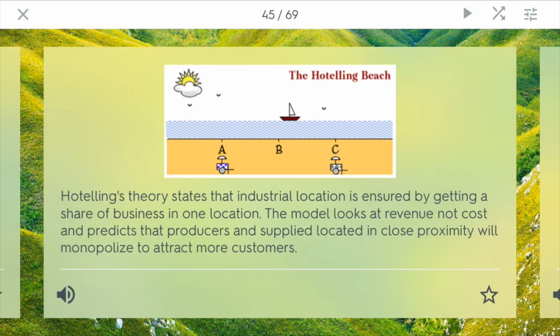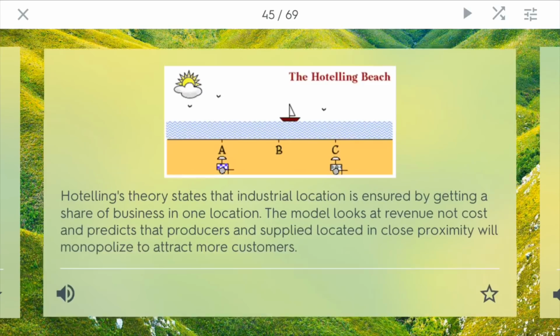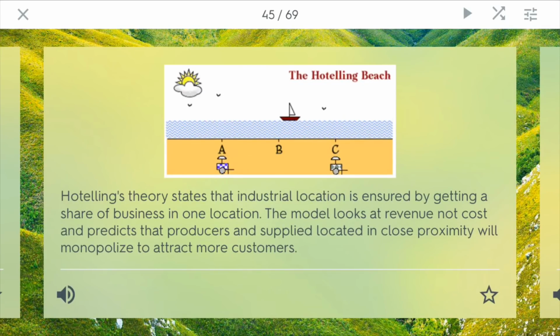And locational interdependence theory. This was created by Hotelling, and it was a theory that states that industrial location is ensured by getting a share of business in one location. This kind of goes along with like the ice cream stand on the beach example, and it's a model that